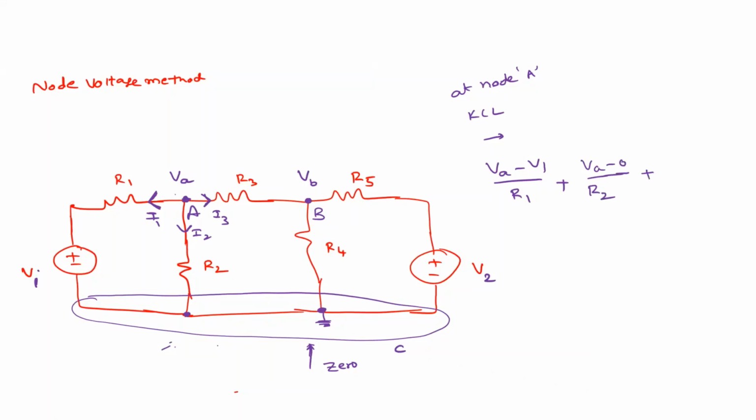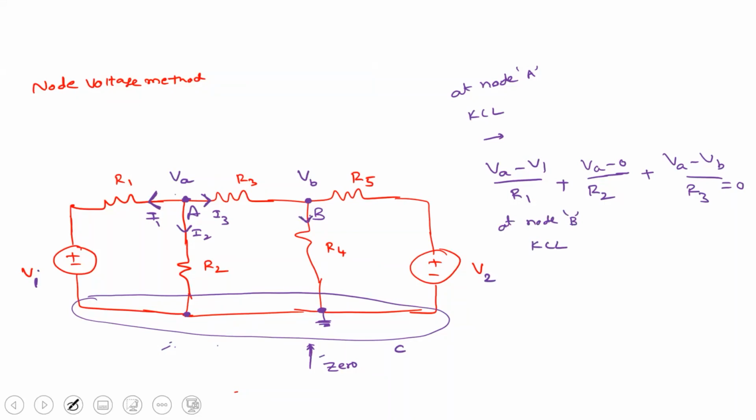Plus VA minus VB by R3. So this entire thing is equal to 0. Clear? Yes. Right? Similarly, this one step is over. Similarly for node B, at node B, if you apply KCL, again you need to give the directions,